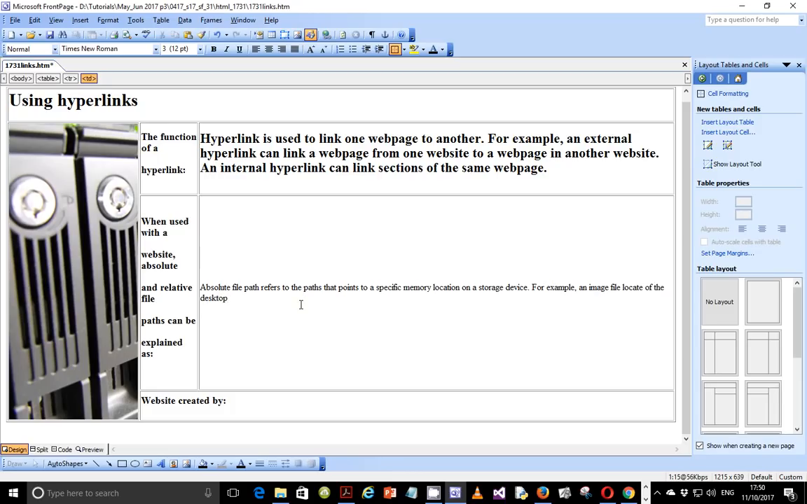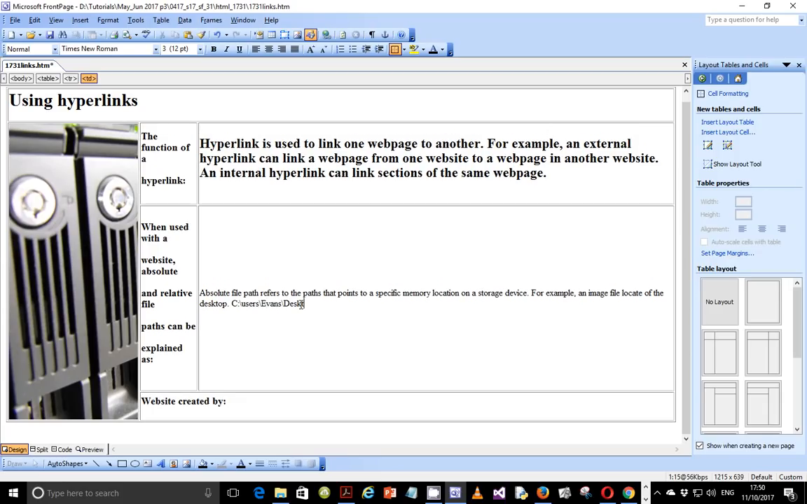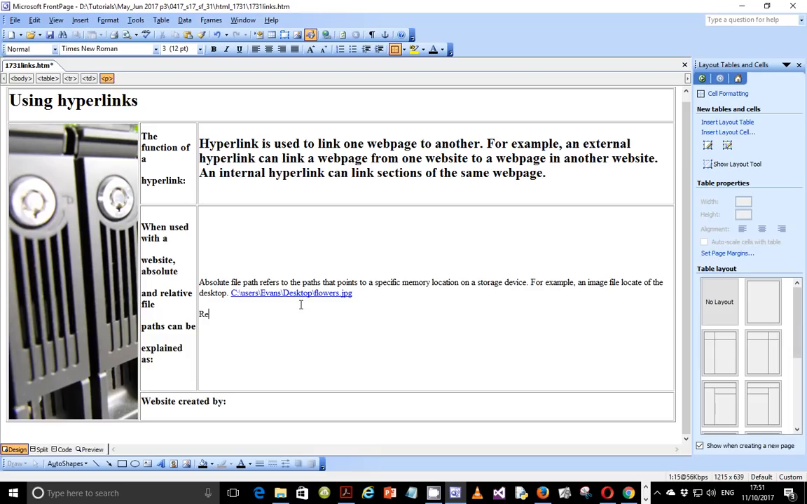Okay, on the desktop, such as let's say drive C, and then you have, let's say, users, and this user is let's say Evans, then we access his desktop, and then the image file is actually flowers.jpg. Okay, so that is absolute file path. Relative file path